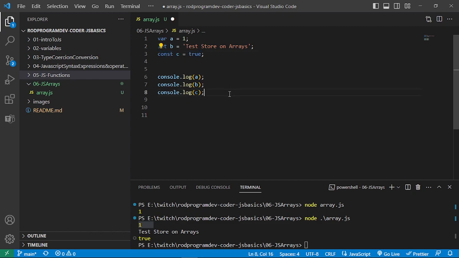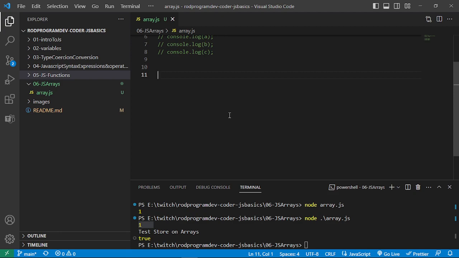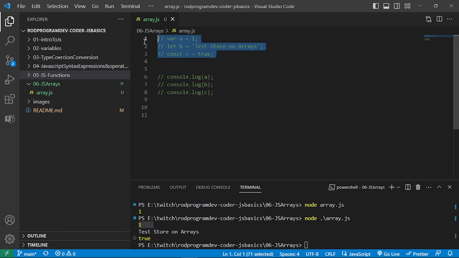However, if we wanted to do the same exact thing, however, we want to, let's say, store multiple values inside of a single variable, we can maximize the use of an array instead of just declaring a variable. Okay, so just have that in mind. So let's say, for example, I wanted to have all of these values here. I want to store, let me just use let A